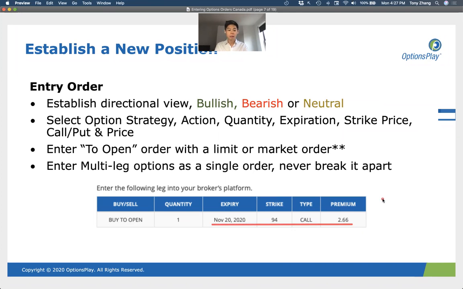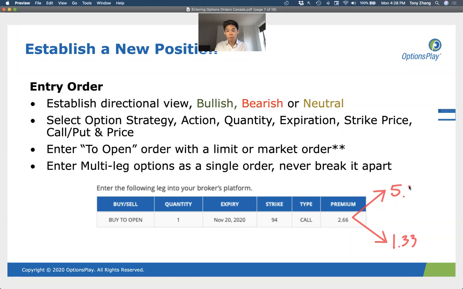What you want to do before you get into this trade is already have a predetermined target price and a stop loss level. Generally speaking, when you choose your stop loss and take profit levels, that depends on the strategy itself. In this particular case, this is just a call option. The rules for it are relatively straightforward. You usually want to cut your losses at about a 50% loss. So if you paid $2.66 for something and it's declined to about $1.33, that's time to potentially get out of the trade. If you've paid $2.66, we usually look for about a 100% gain to start taking profits on that trade. So that would be